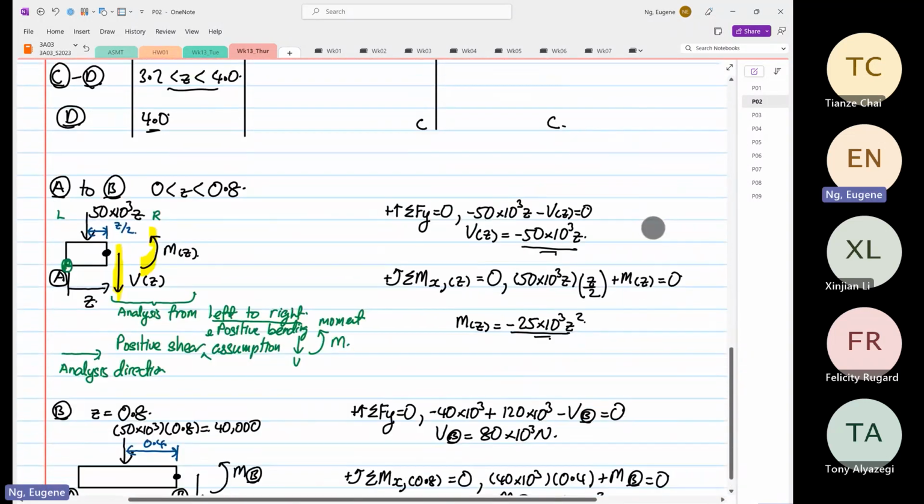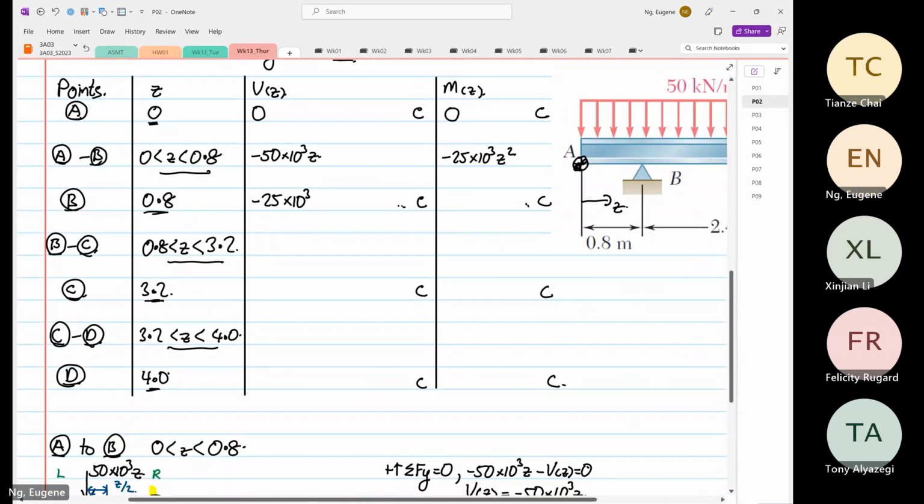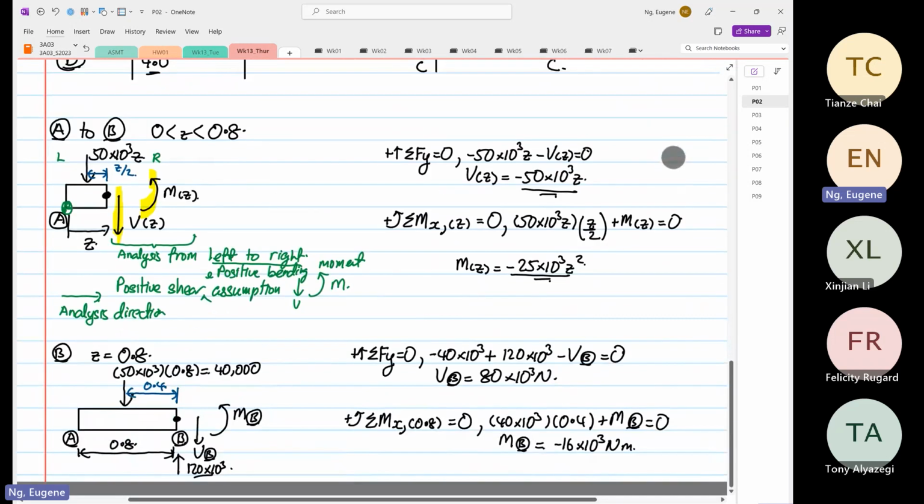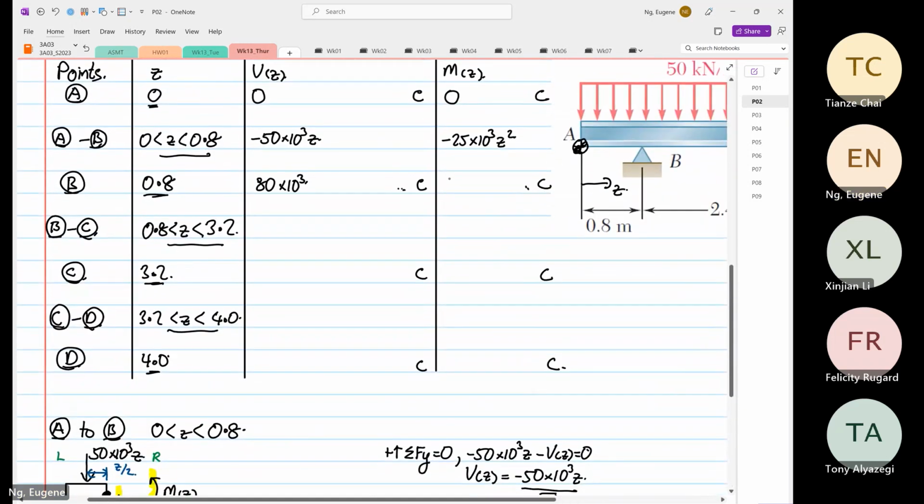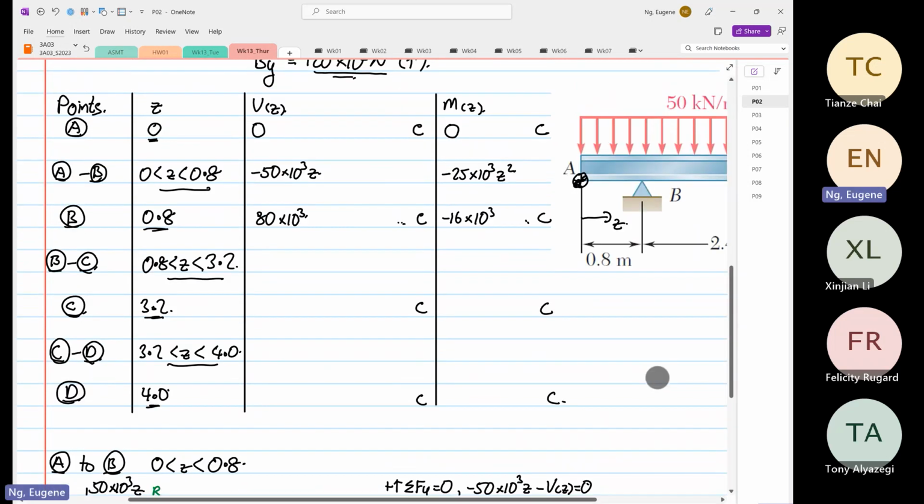No, not 25, 80 times 10 to the power 3. And the other one is minus 16 times 10 to the power 3. Okay, so that is our